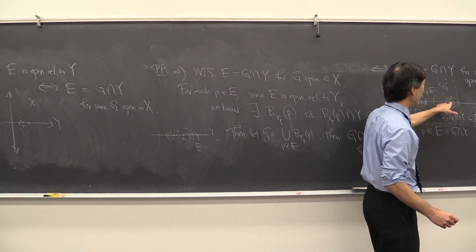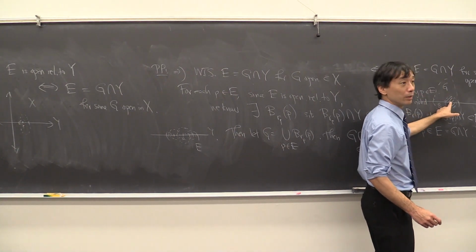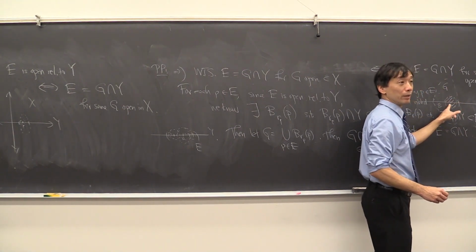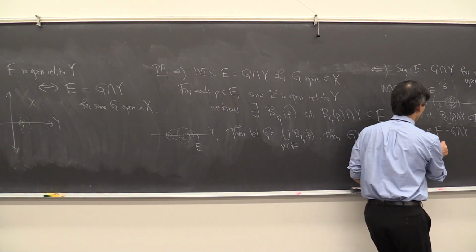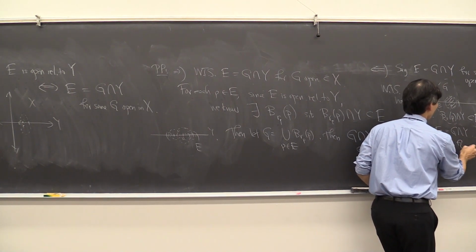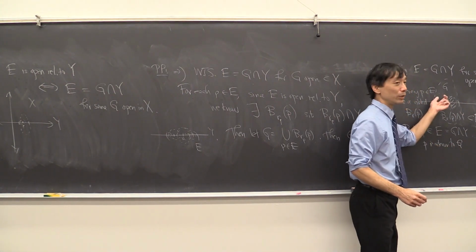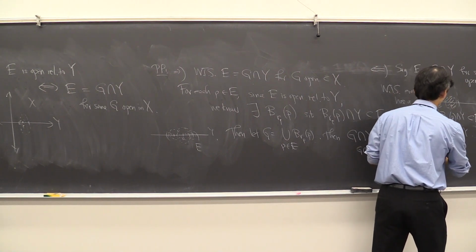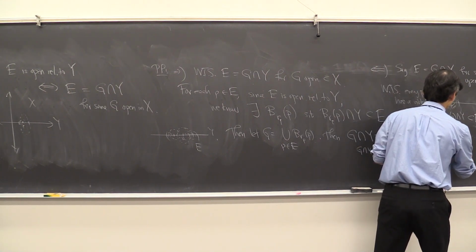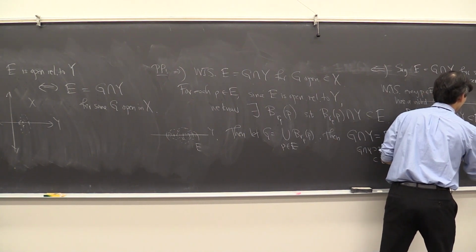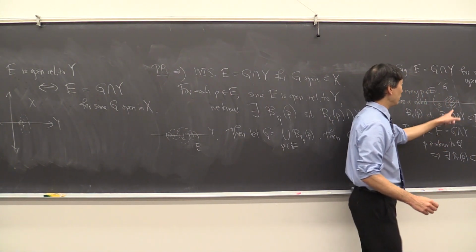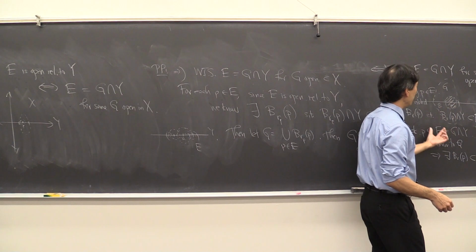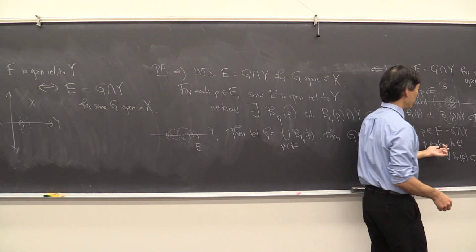Well, p is in G, right? And G is open, right? G being open means that p is interior to G, because anything in G is an interior point. So we know there exists some ball around it that's contained in G. And then when you intersect that with Y, that gives you